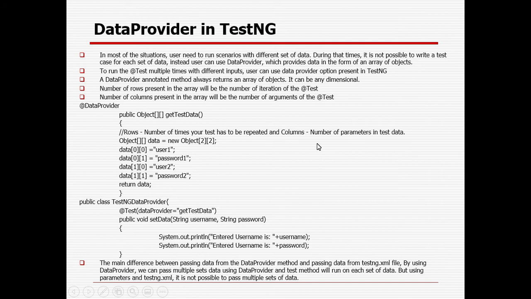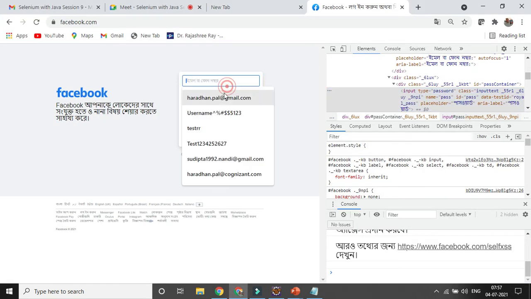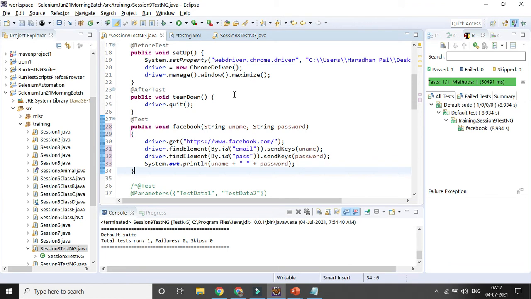So I want to pass a user ID and password. So definitely my number of columns will be 2, and in case I want to run it 3 times, my rows will be 3, right? So here I will be using the first data provider. That is the syntax. Okay.